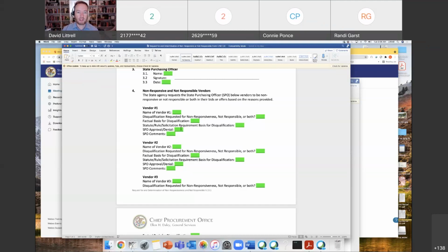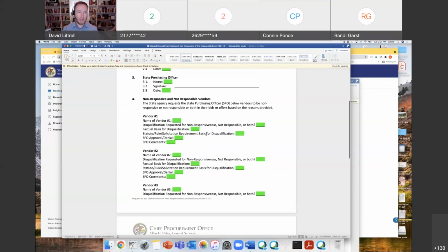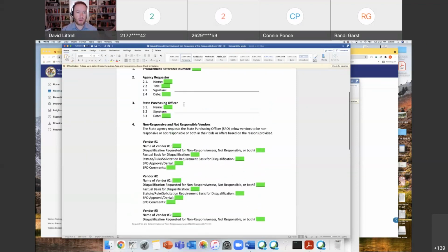Then you would leave these next 2 fields blank because those will be for your SPO. And the SPO would complete the approval or denial for each vendor. So they would put approve or deny for each one. And then there's a field there for the SPO to provide additional comments if they would like to. And then the SPO signs, and then let's go back to our slides, back to our